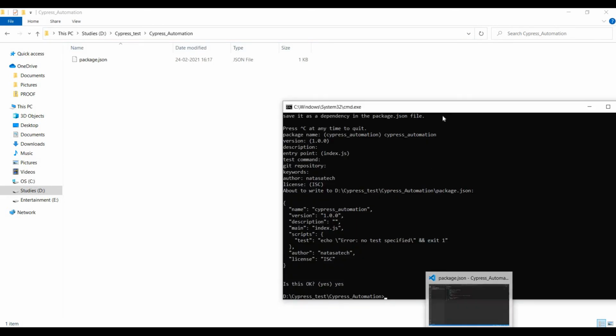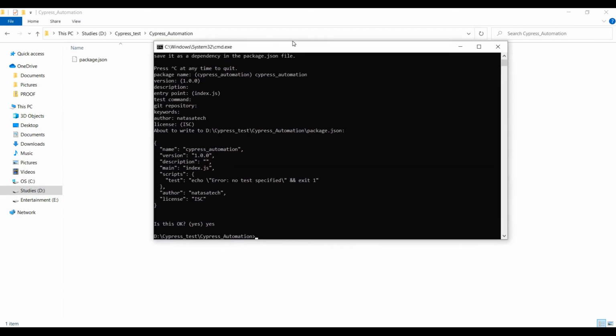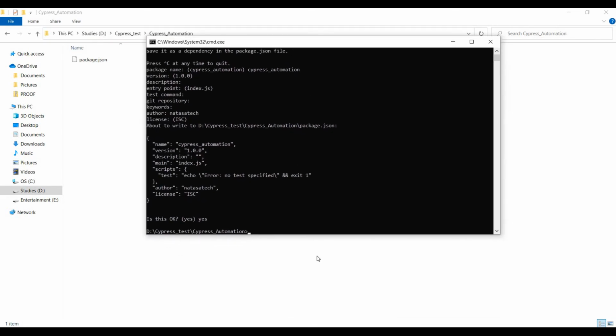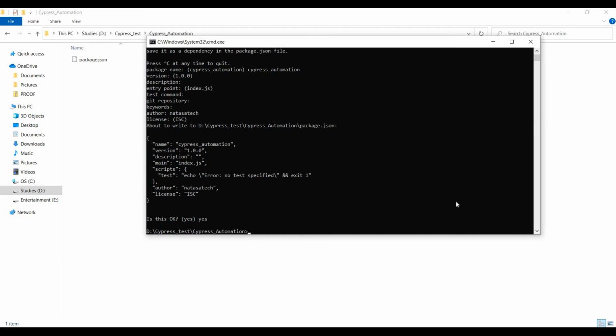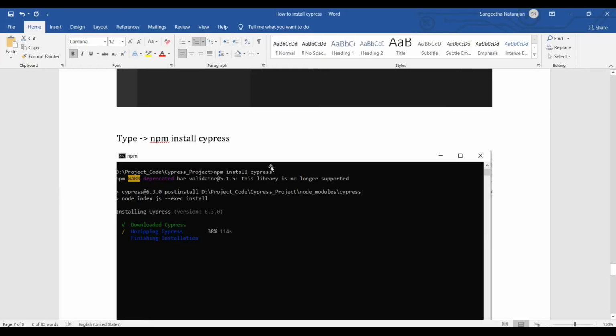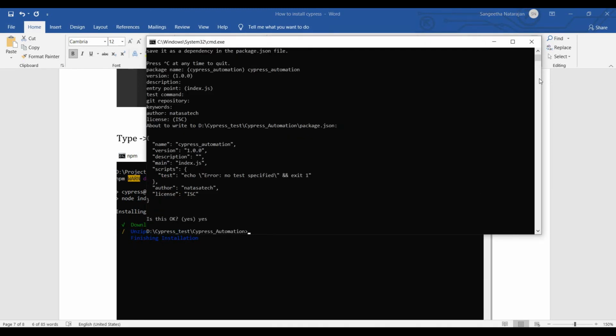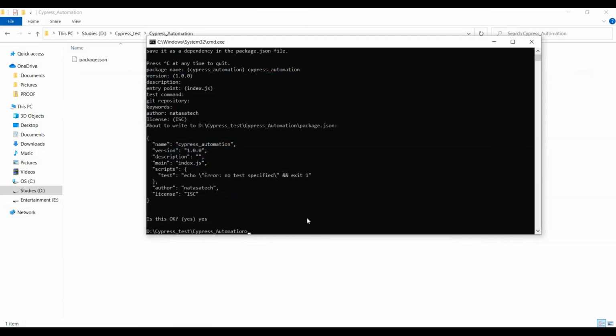I already opened the same path, so you don't need to open another command prompt. Here I'm going to enter one command. So what is the command? npm install cypress. This is the command name. Okay.